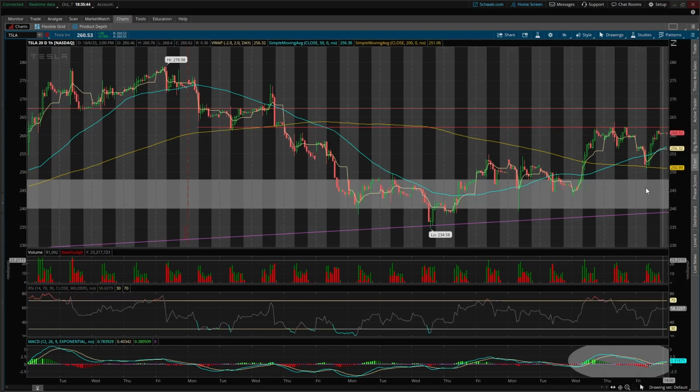What it's telling us is that it's kind of correcting the stock into a lower price basically. But if we get enough buyers and volume, then that shouldn't be a problem. So if we burst through this 262 resistance line right here, then I believe we have room to run up till 268, which is the next